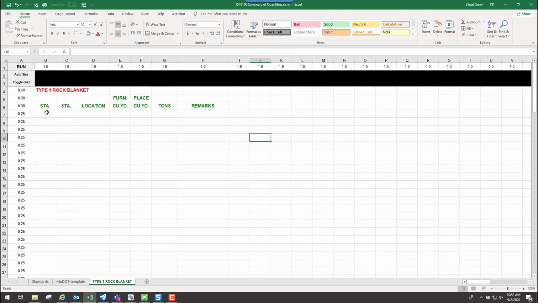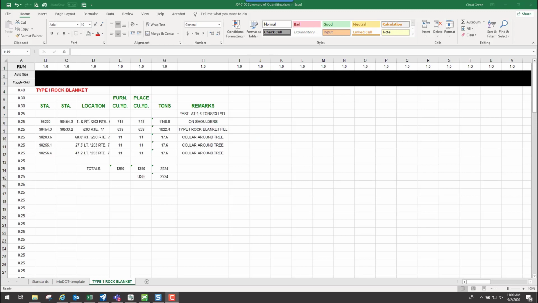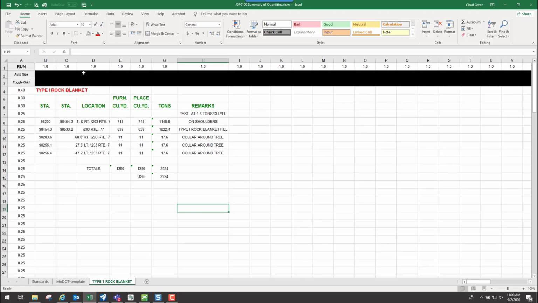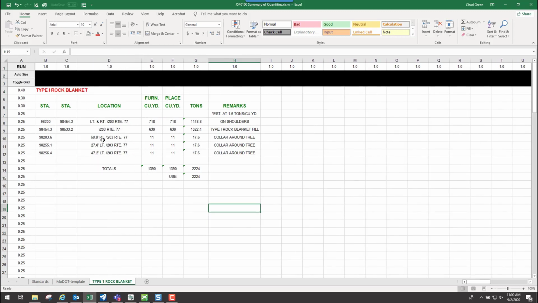So now I will go through here and fill out the rest of this information down below here. And for this one here, I'll pause the video. So now you'll notice that I have the information filled out for this quantity block, at least for the text. So if I toggle off the grid, which is A number 3, you'll see that's going to look like this as of right now. Now, of course, where it says location, I have some text in here. I can make that a little bit bigger by dragging out that column, and you can see all that text.